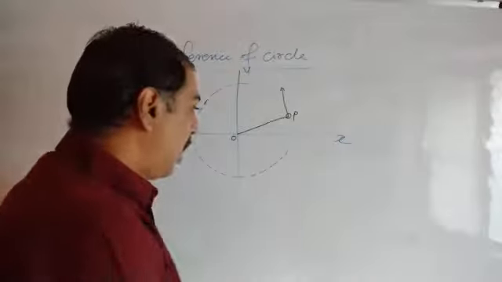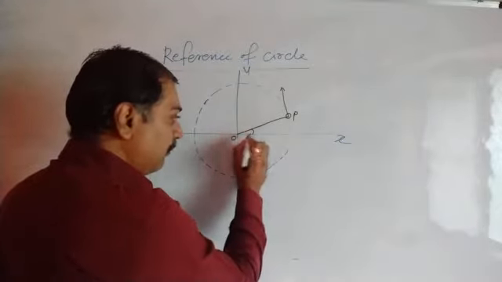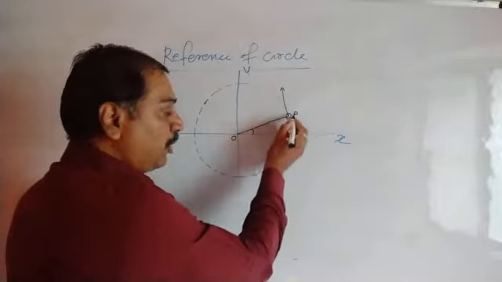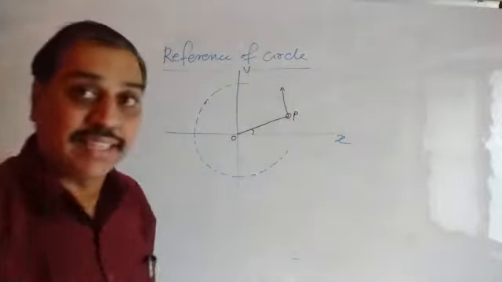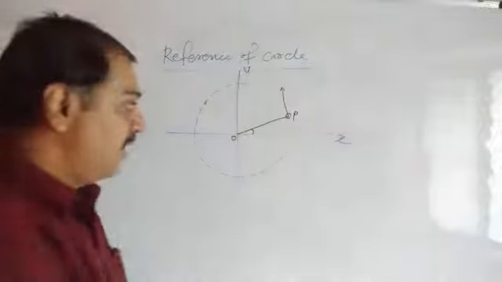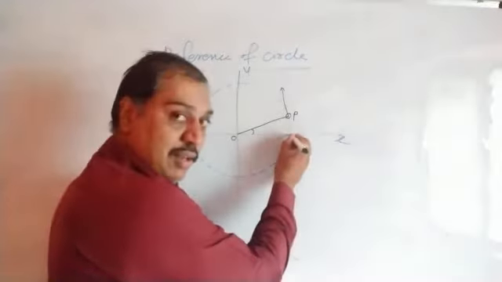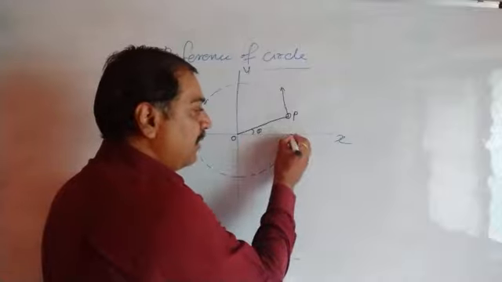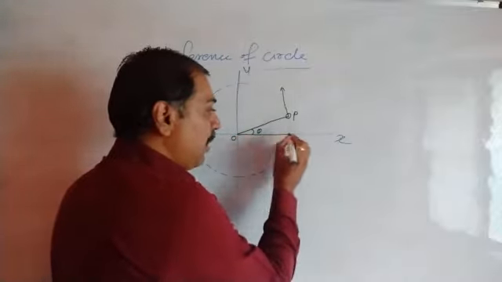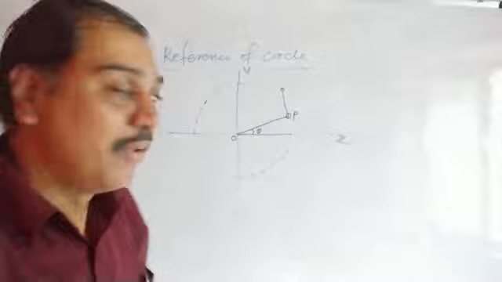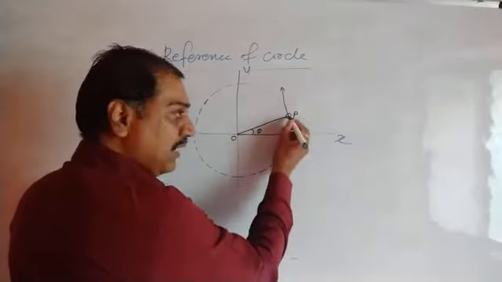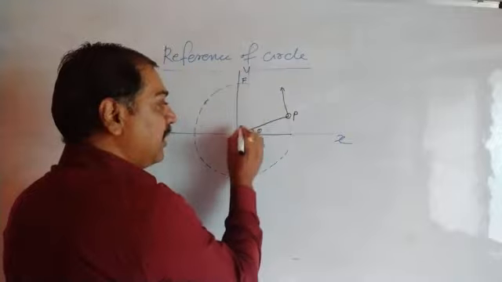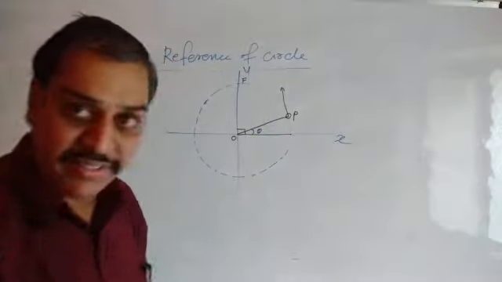Now this is the angle made by it. This is the angle made by the position vector of P with the x-axis. Suppose this angle is theta. When the particle is here, what is its angle with respect to x? It is 0. When we go up, the angle increases. At this point, it is maximum. Suppose it is F. Here it is 90 degrees.